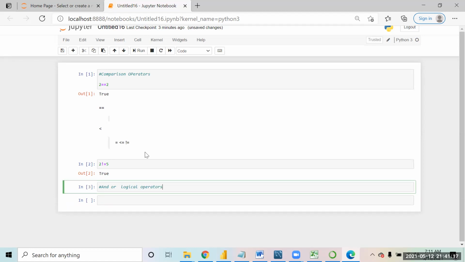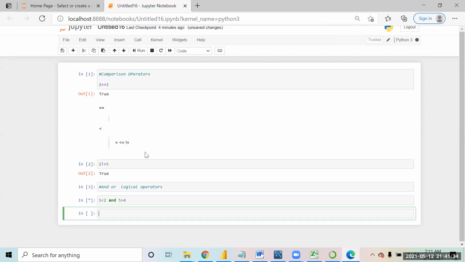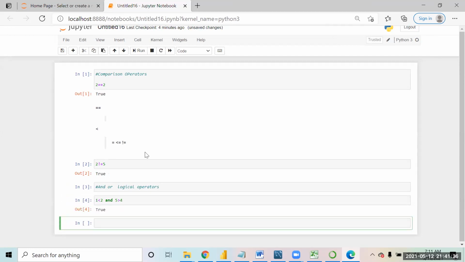For example, you want to say 1 is less than 2 and 5 is greater than 4. If you have to check more than one condition, we can use and or or. If I run it, only if both the conditions are true will you get true. If even one condition is false, the output will come as false. That is what we know about the logical operators.